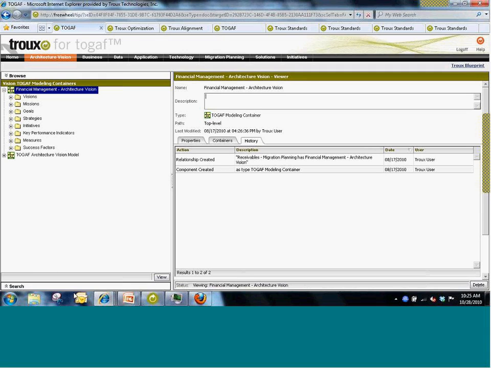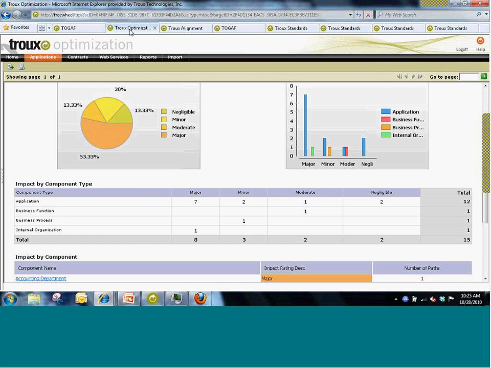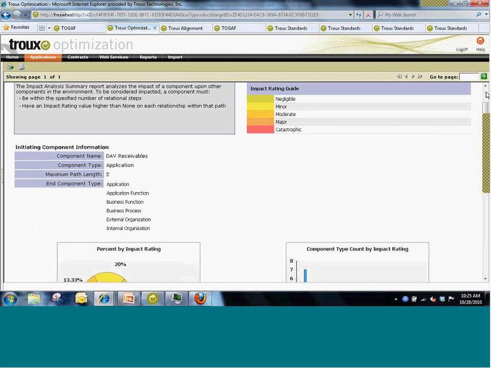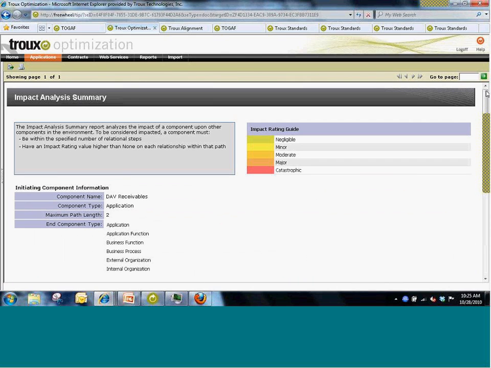Having a prescriptive approach to capture and analyze the data in each of the ADM phases is important, but what is most important is the ability to produce artifacts that are TOGAF specified and to drive real business value. The impact report shows the receivable application, and I'll just scroll through this a little bit to show how the receivable application impacts the business.